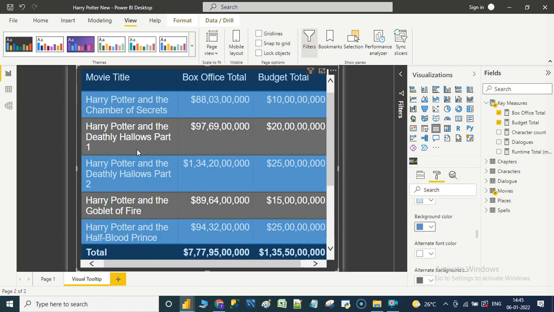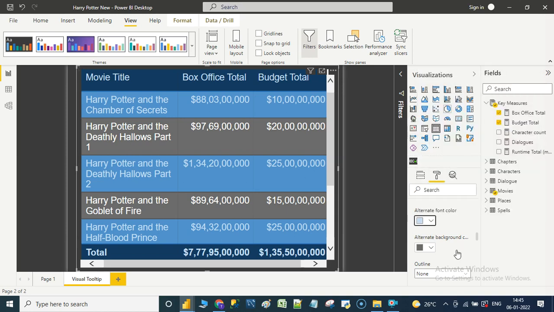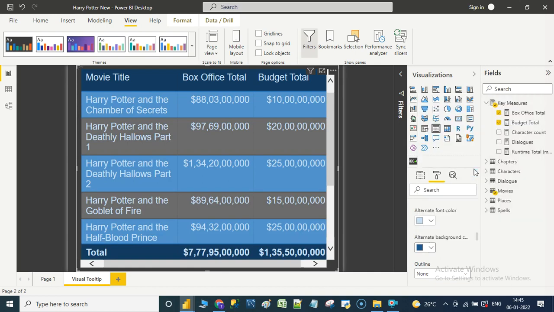Similarly, for these two items, we shall do the same. Let us take the font color as light sky blue. Now let us take the background color as a bit dark. Let us take dark blue. Thereby we now have an attractive table visual.